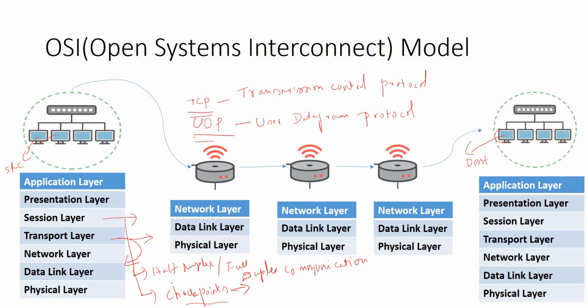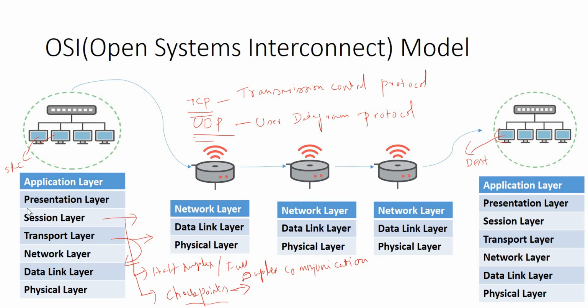half duplex or full duplex communication. It also uses checkpoints, and once all the communication happens, it terminates the sessions. Some of the applications of maintaining sessions by this session layer are maintaining a database session from a database client to database server, and RPC or remote procedure calls, for example Java applications, and maintaining the sessions between chat applications,